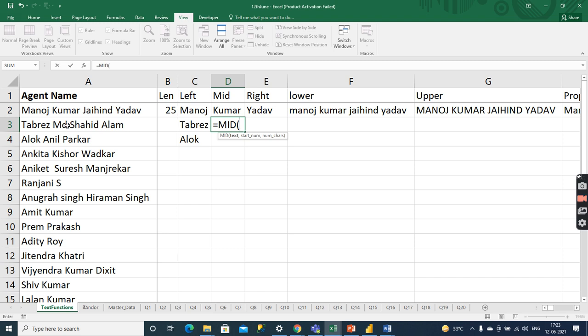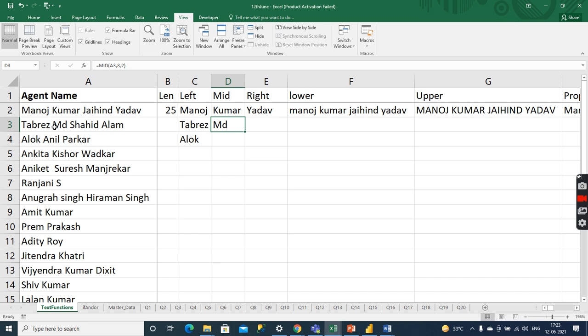This is the text. From here I have to give the start number. So M is which position? It's on the 8th position, comma 2. Why 2? Because I have to take 2 characters. Mid is used for taking data from the middle, so I have to take only MD.